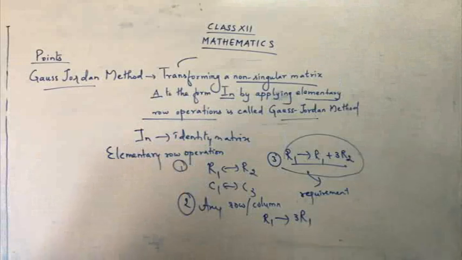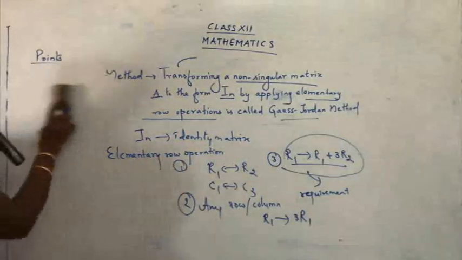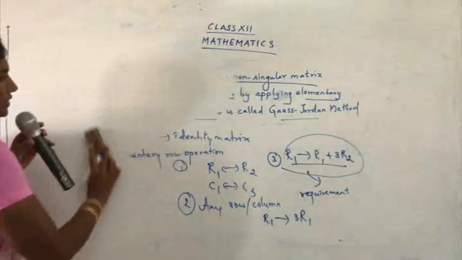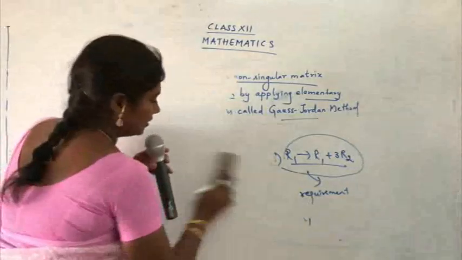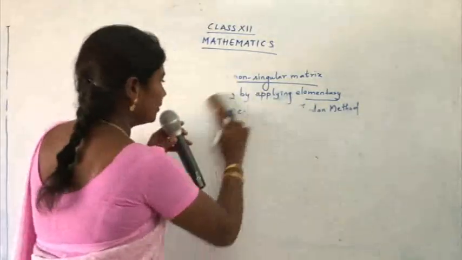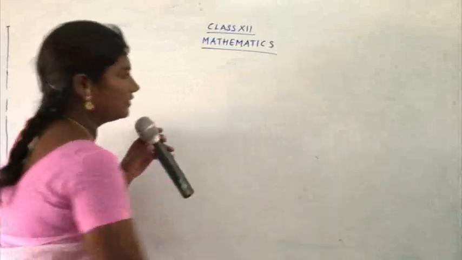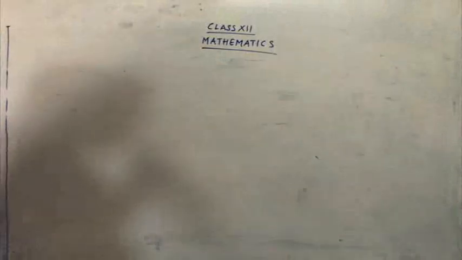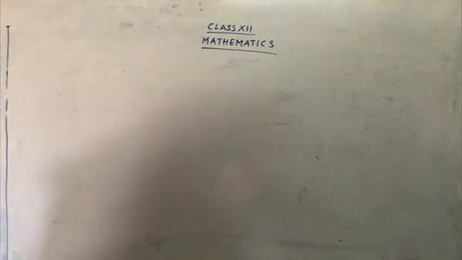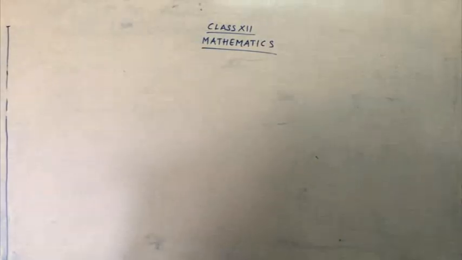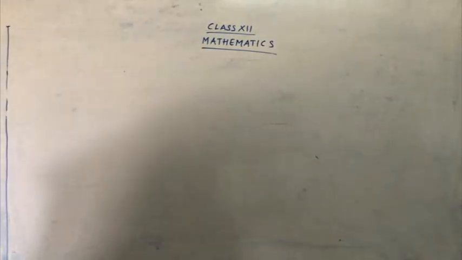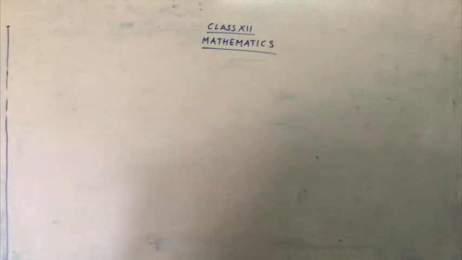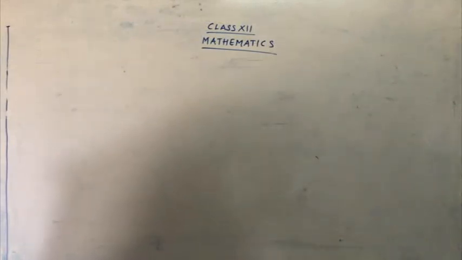I hope you have taken down the definition and also noted down the first question. So let's start our sum, children. This is a very important question. This type of question will be asked for 2 to 3 marks. According to the order, if it's a 2 by 2 order, the question may be asked for 2 marks. If it's a 3 by 3 order, the question may be asked for 5 marks. So understand the question carefully, copy down the numbers properly, and let's start with the steps.